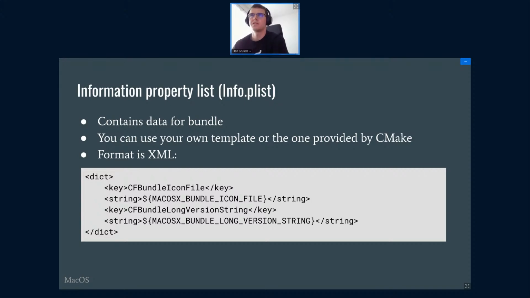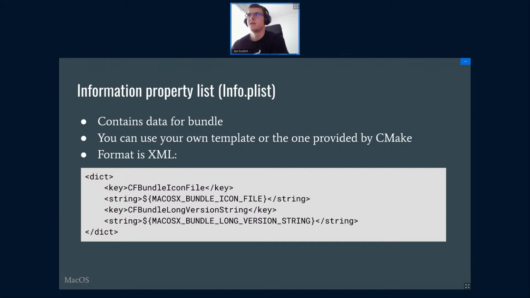So now, what is the information property list? It's a file you have to include for every application bundle. It basically identifies your bundle. You can set there your application name, your version, icon. You can use your own template. It doesn't need to be the one that is provided by default by CMake. The format is XML. Here I have a small example. You can see it's key-value based. So you specify, for example, the icon file, and then the variable gets substituted from